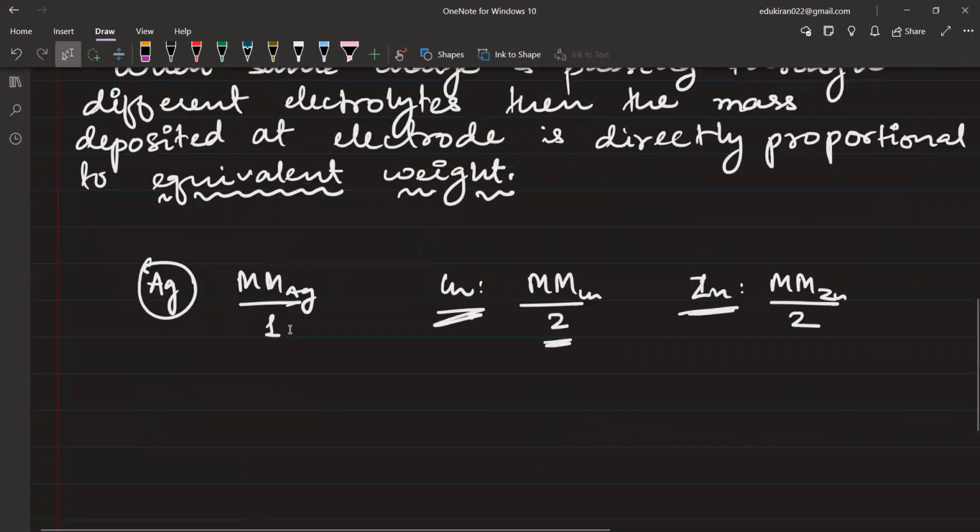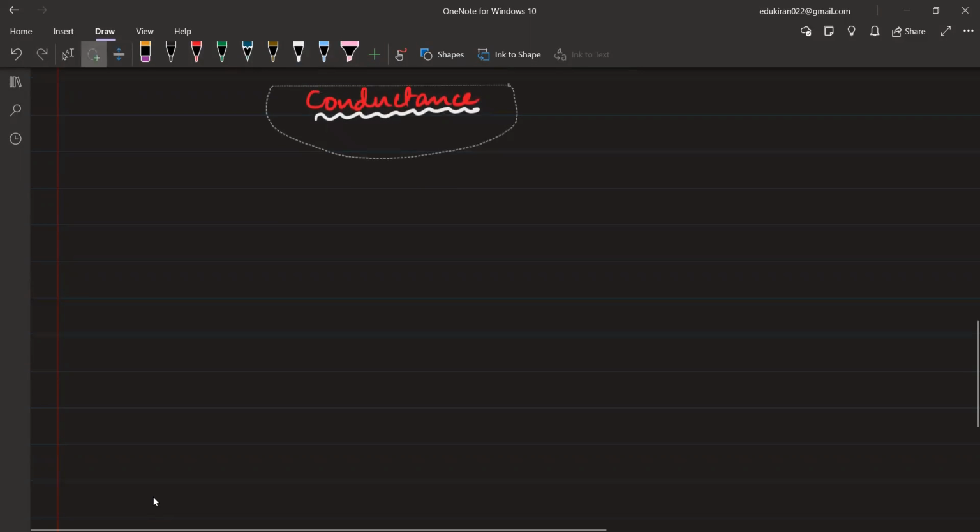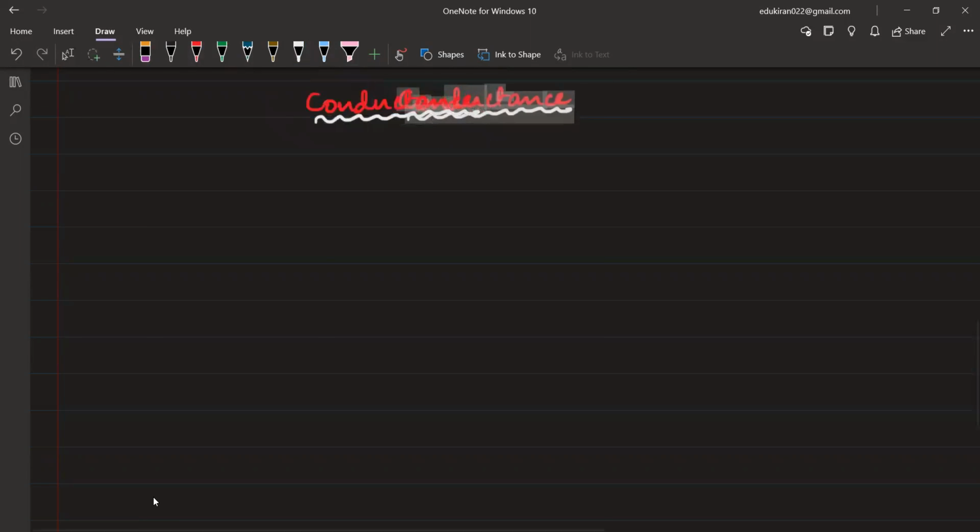Okay. Now after this, you will write the topic conductance. This is a completely new topic. It does not have any relation with the previous topics. Please write conductance. Okay. Now, there are two types of conductance. One conductance you must have learned earlier in your lower standard also, that is metallic conductance. Please write. There are